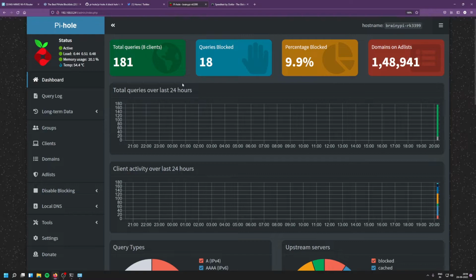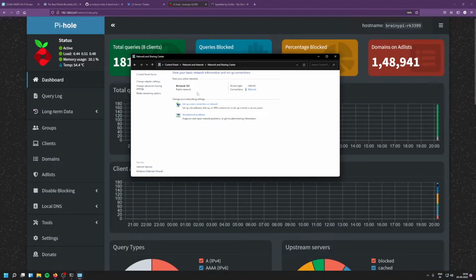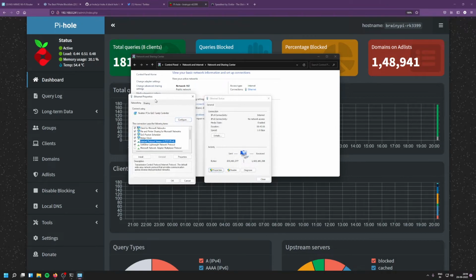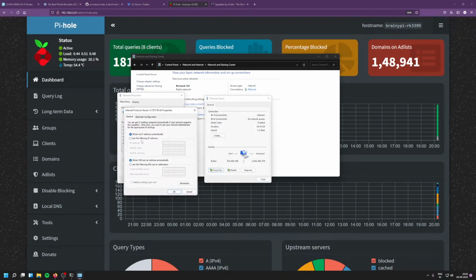So if you want to know how to set it up on a single device, it's pretty simple. So for Windows machine, go to network settings, click on the network connected. So here I have LAN connected. I'll click on LAN and then I'll select the IPv4 and double click it and I'll select the use the following DNS server and I'll enter the IP address of my Pi. That's it. I'll click on OK